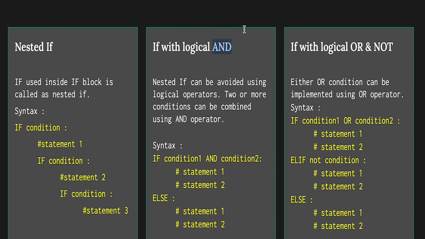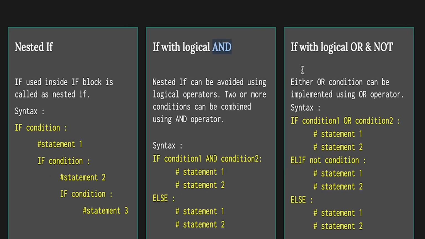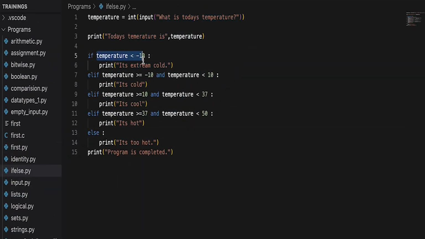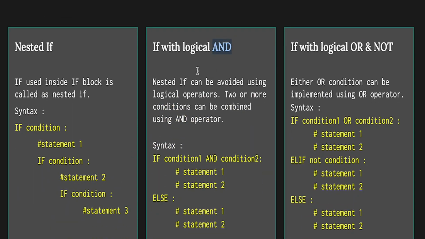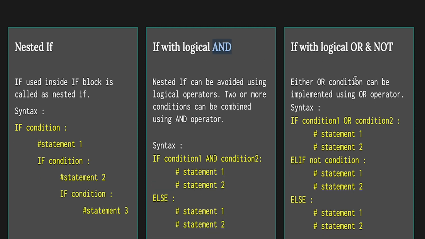If you still have any doubt, here I have used AND, so it means both conditions should be true. If I use an OR, that means either this condition should be true or this condition should be true. If any of the conditions is satisfied, then the OR block will be executed. And not means if this condition is true, then the opposite of this will be not. So I hope if, else and else if with multiple statements, then nested if and nested if else with logical and, or, not